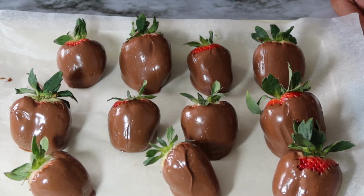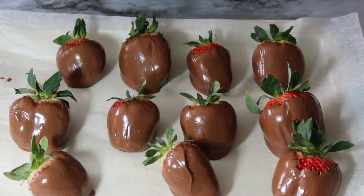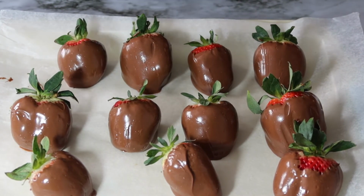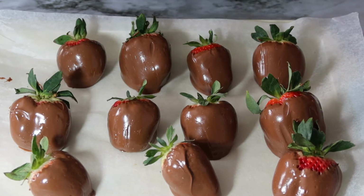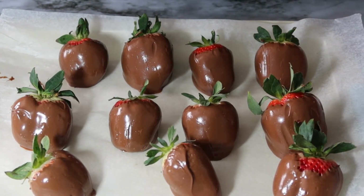You don't have to put these chocolates inside of the refrigerator to cool. You can just leave them out on the counter, because if you put them in a refrigerator, you have more chance of moisture, and once again, you're going to make the strawberries sweat. So just go ahead and leave them out on the counter. I'm going to give these about 15 minutes to set up a little bit before I drizzle my white chocolate